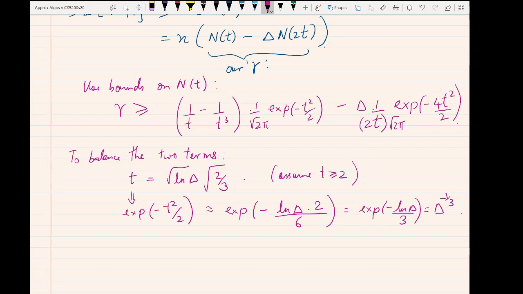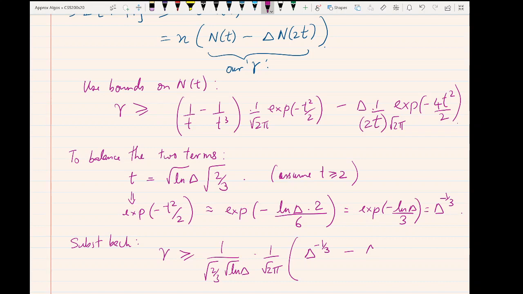Minus 1 over 3. Okay, so substituting this back, we get gamma is greater than or equal to, well, I'm going to ignore the 1 over t cube term, the first one. I'm just going to keep the 1 over t term. Delta, you have a constant 1 over square root 2 pi hanging out. The first term, which is exponential minus t square over 2, is just delta raised to minus 1/3